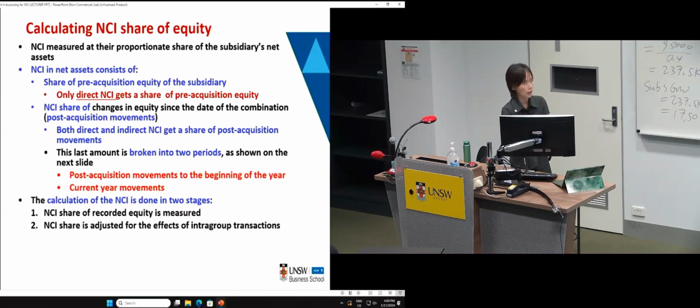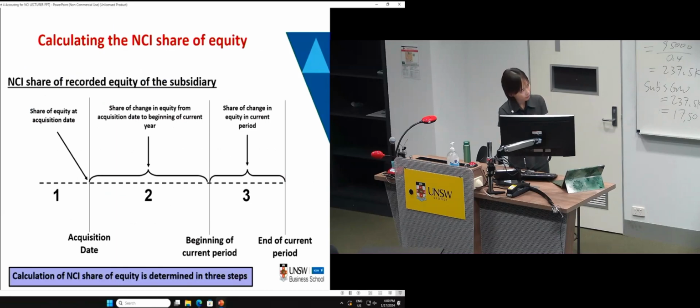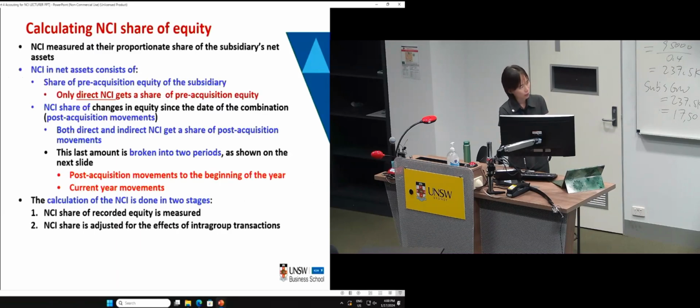We need an NCI adjustment when the subsidiary is the seller, and it is the subsidiary's recorded profit and loss that remains unrealized from the group viewpoint from this intragroup transaction. Then NCI needs to be adjusted accordingly, because NCI receive a share of the subsidiary's equity reflected in the consolidated accounts. So, a 3-step calculation in stage 1, okay? And whether the stage 2 NCI adjustment is required depends on the direction of the intragroup transaction and on whether there is any unrealized profit or loss in the record of the subsidiary entity.